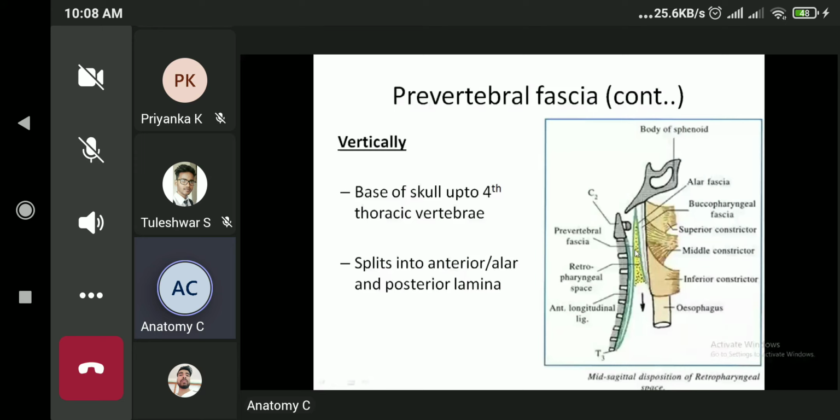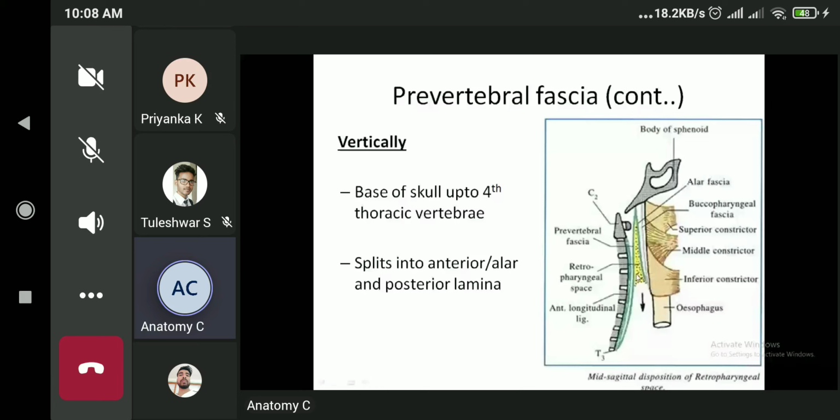Okay, this alar lamina finally gets fused with the buccopharyngeal fascia, which is the next modification of the deep cervical fascia. While the posterior lamina, which is the true prevertebral fascia, gets fused with the anterior